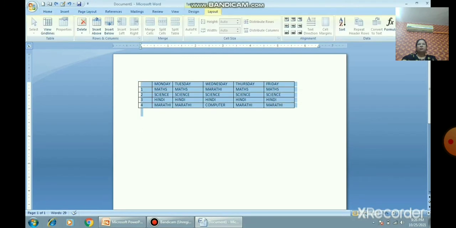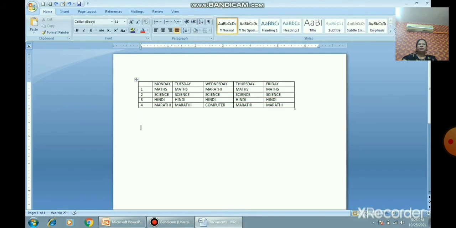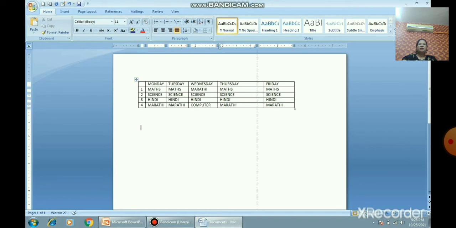Okay, so now again select it. Now you want to change the row height. See here. Yes, children. Now this way also you can drag it. Can you see here? Just take the mouse pointer and you can drag it. Now we will learn how to split cells. Splitting means what? So now see here, I am taking the mouse pointer and dragging. This way also you can increase and decrease the size of the column.